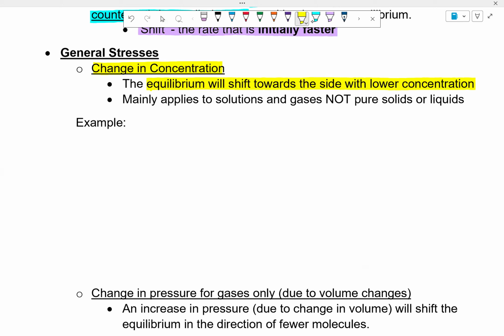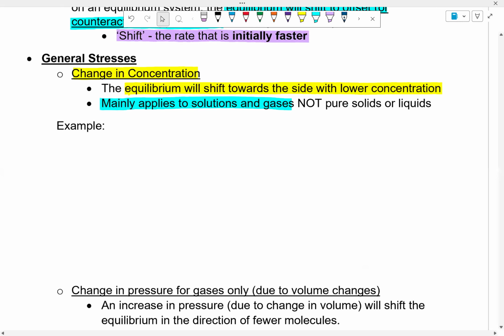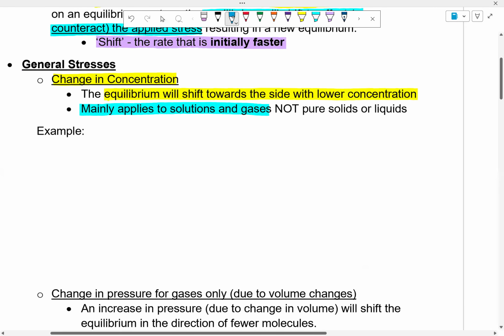Now, when we talk about concentration, this mainly applies to solutions and gases, not pure solids or liquids. Why not pure solids or liquids is because of the fact that pure solids and liquids